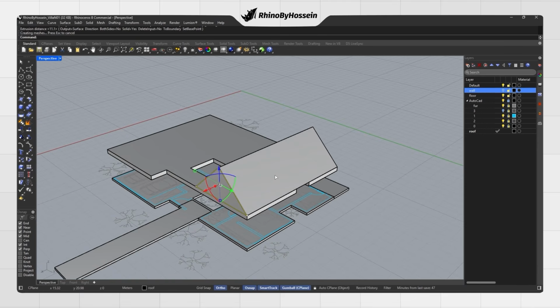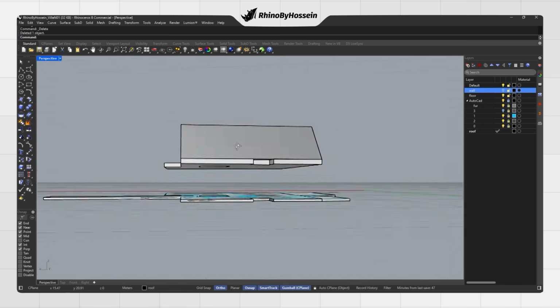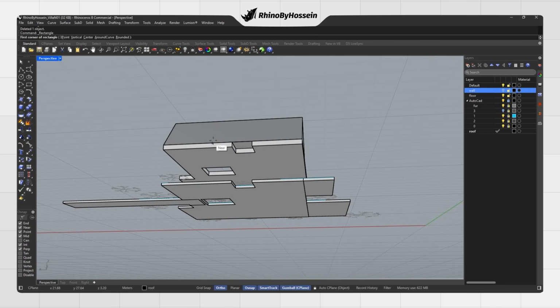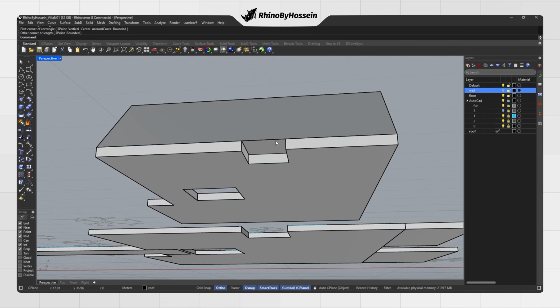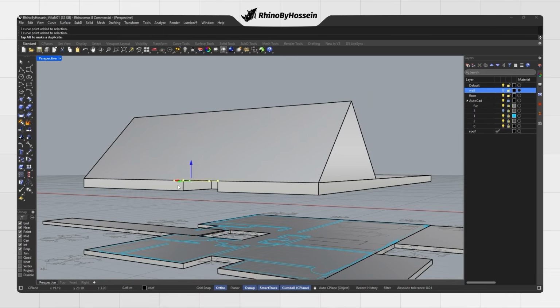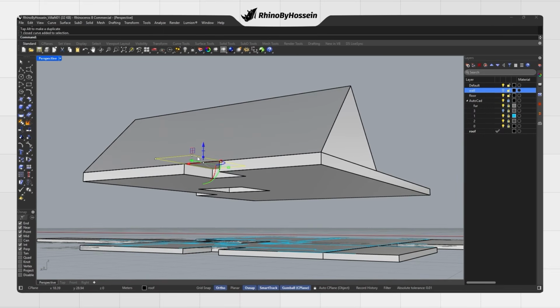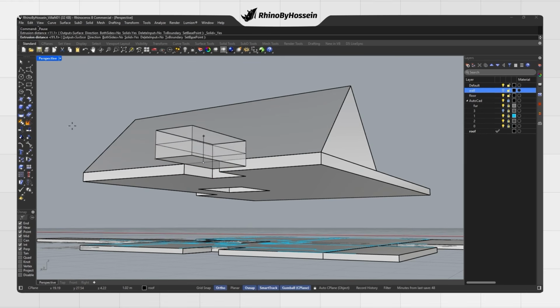On the northern side of the villa, there is a recessed cut in the roof that we need to create. To do this, I first define that area using another rectangle. I intentionally make it slightly larger and taller than needed so that the Boolean operation works cleanly and ensures it fully intersects the roof volume. Then I extrude this rectangle. But here's an important detail. Since the roof is sloped, a straight vertical extrusion would not produce the correct